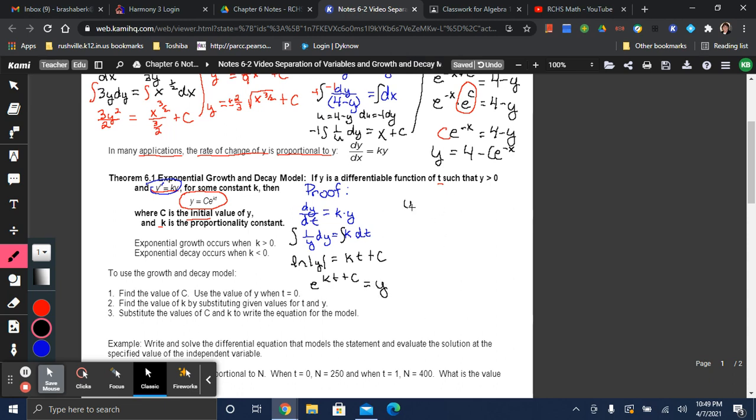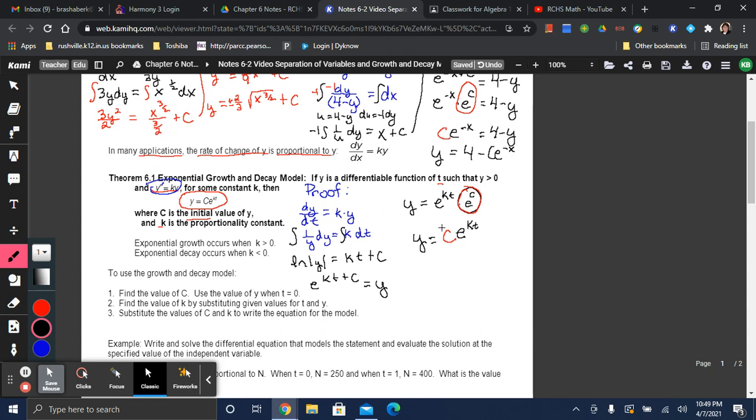And so then this will give me y equals, I can use that exponent rule in reverse, e to the kt times e to the c power, and then this becomes c. And so y would equal, so this is where I'm getting my c from, c and then e to the